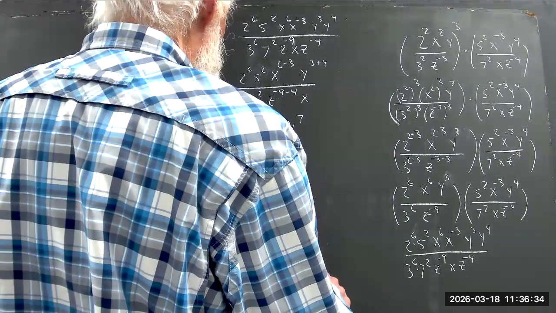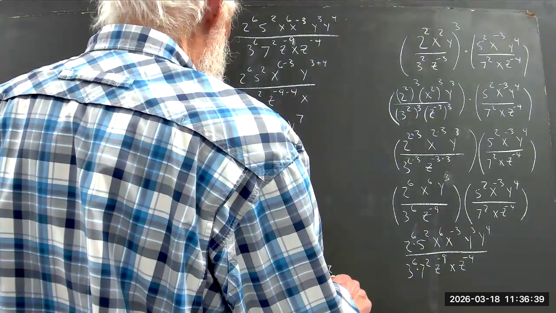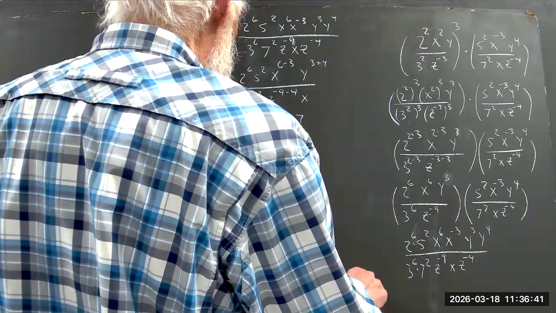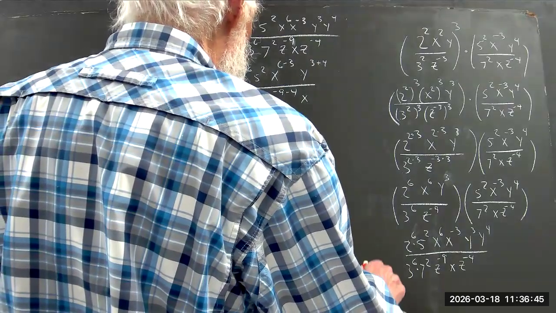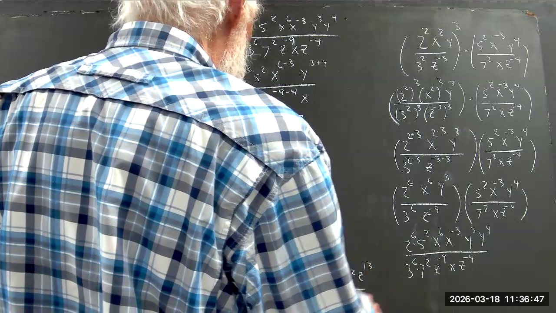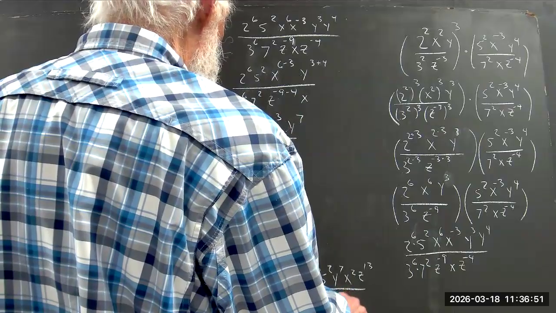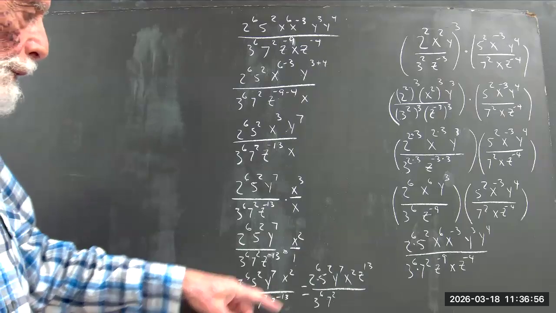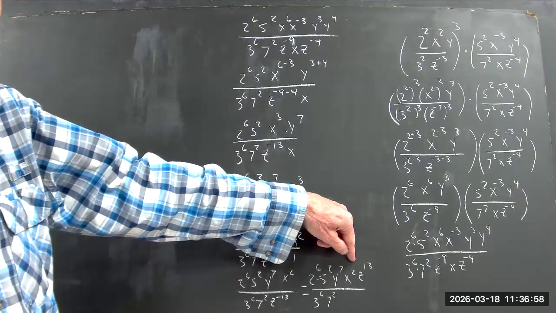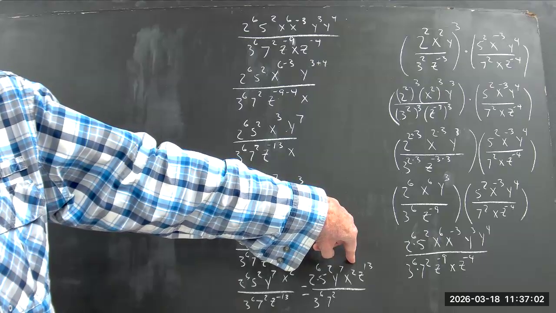I'm just going to say, well, that's 2 to the 6th times 5 squared times y to the 7th times x squared times z to the 13th over 3 to the 6th times 7 squared. Z to the negative 13th in the denominator is the same as z to the 13th in the numerator. Why is that? Because